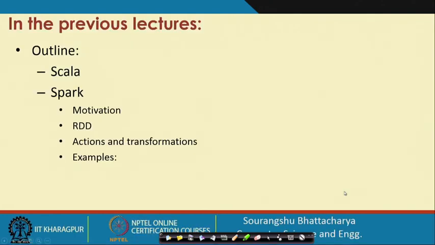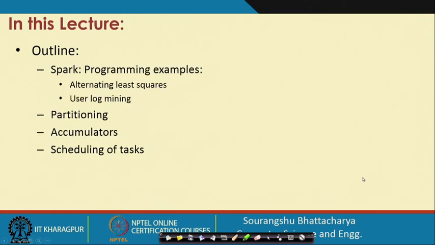So, we have already seen an introduction to Scala and how concepts of Scala can be used in Spark, and we have also seen the motivation and RDD, the concept of actions and transformations, and some programming examples in Spark. We continue with our programming examples.